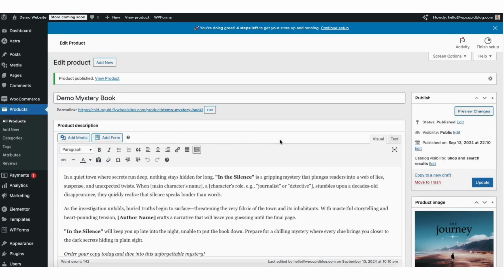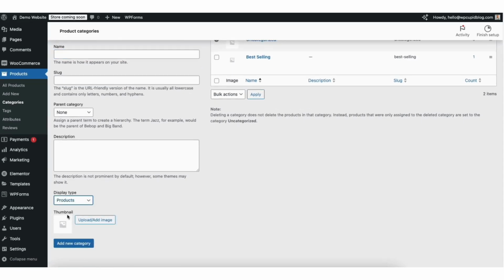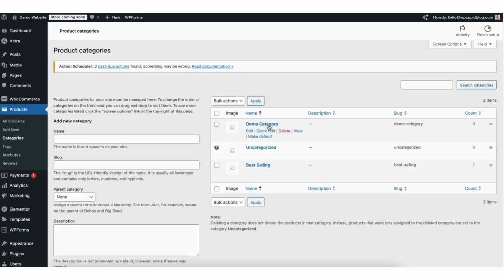Another way to add categories for your products is to click Categories under Products in the left side menu. You can now input your category name here. Under Slug, you can leave this blank as this will be created automatically based on your category name. You can put in a description and a thumbnail image if you'd like. Click the Add New Category button to add the new category. You'll see the new category added and the slug, which will show in the URL, is created.